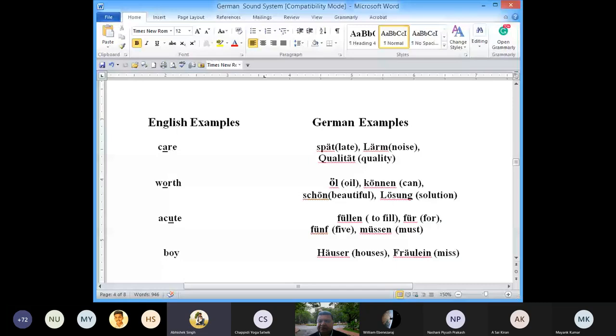Excuse me, sir. For asking a name, we can also say that, na? Wie heißen Sie? Exactly. These are the variations. These are other sentences. Wie heißen Sie? Wie ist Ihr Name? Means there are different ways to ask the name, but I gave the simplest one in the beginning, Wie ist Ihr Name, because the word name is there, so very easily you can understand that somebody is asking the name. You are correct. Wie heißen Sie also means what's your name.